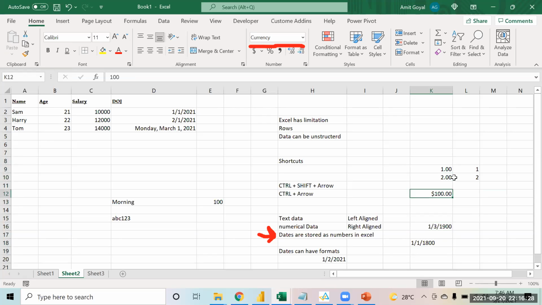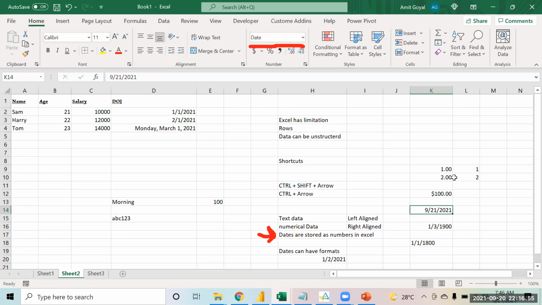Now, if I talk about today's date, what number will that be? Can I say it will be the number of days that have passed since 1st Jan 1900? Right?